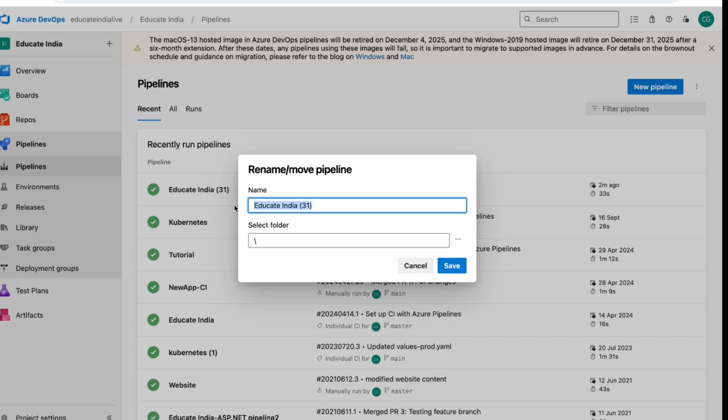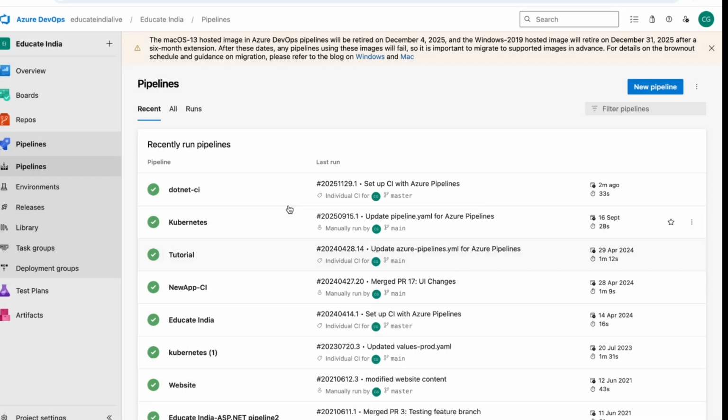I'll first rename it. I'll say .NET CI, right? I'll just save it. So we can see here it's a .NET CI, and if you want to move it to any folder,